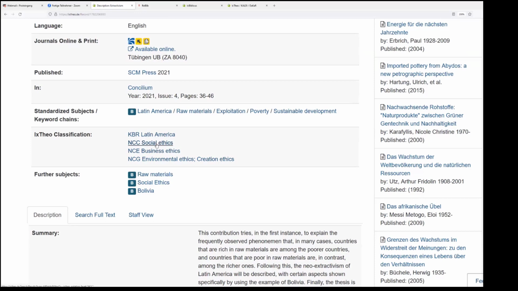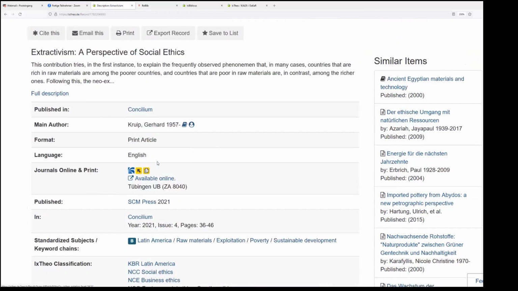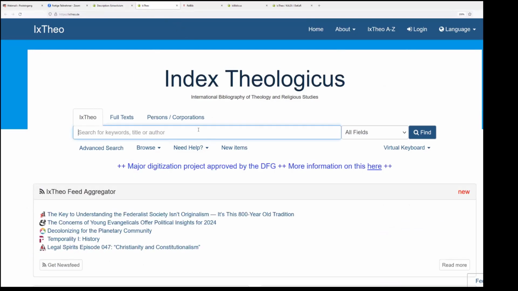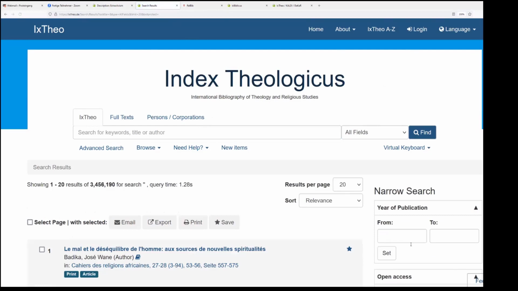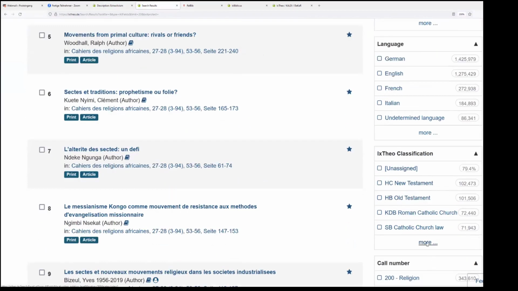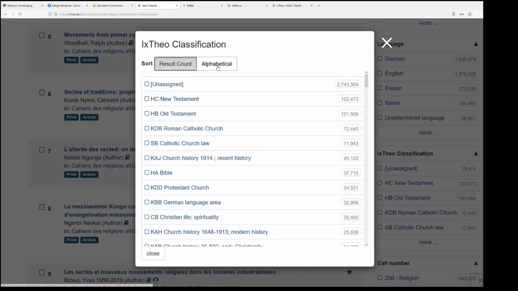And it gives you a rough idea of what's in the article. We'll have a quick look at the classifications we have. If I conduct a search on absolutely everything, and then click on the list of classifications,